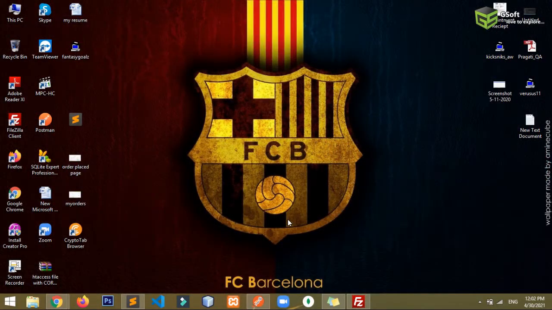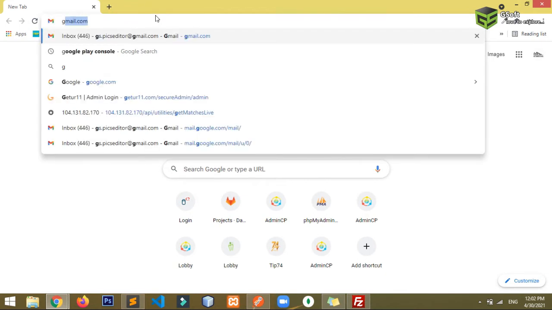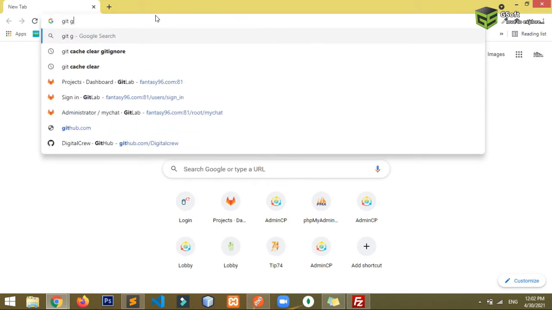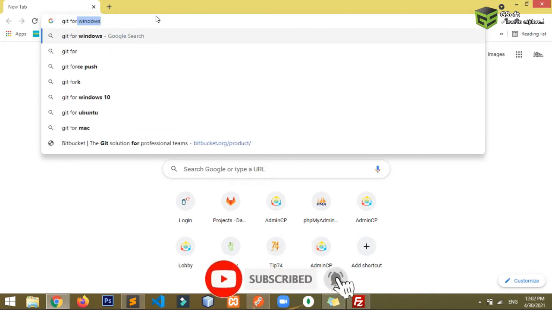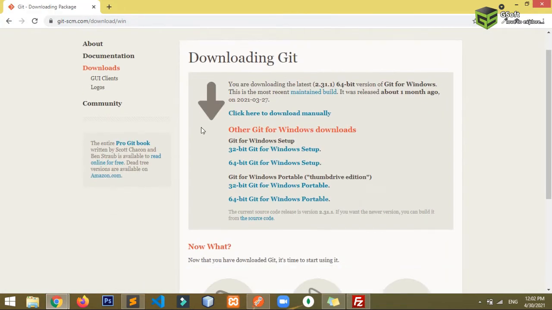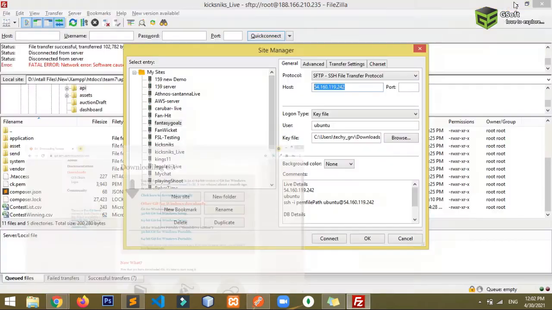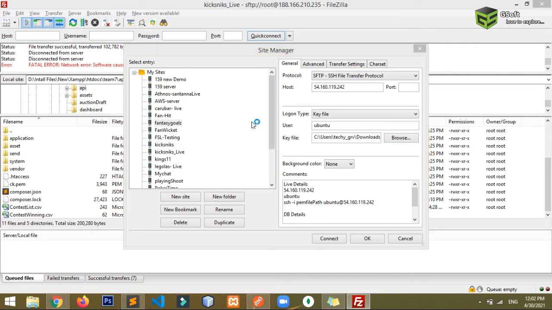So guys, basically you will need a software named Git. If you want to download it, you can just go to Google and search for Git for Windows. Let me just show you quickly. Open Git, click on the first link and download the software according to your Windows configuration. After installation you will be able to see, whenever you open a directory,